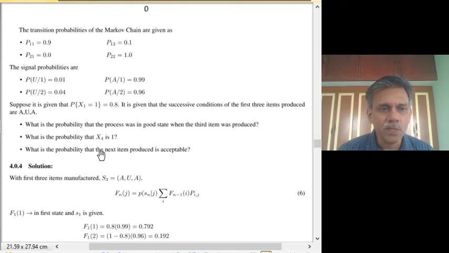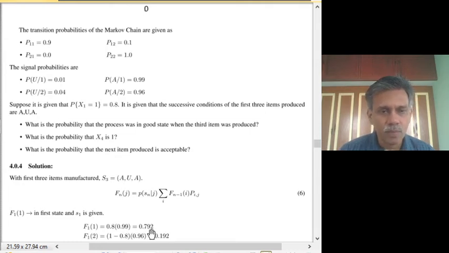The probability that the machine is in a good state to begin with is given to us, which is 0.8. And the probability that it will produce an acceptable item from state 1, the good state, is also given: probability of A given 1 is 0.99. So F11 is given by the product of 0.8 and 0.99,